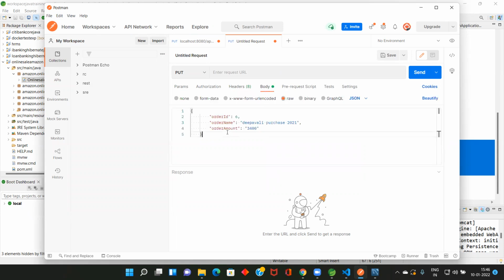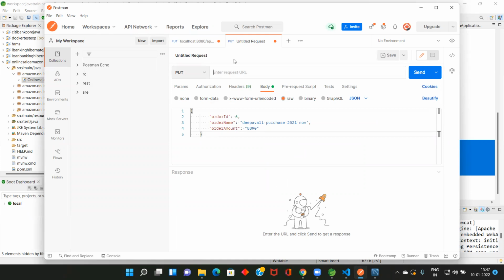So I am going to have here for order 6, the amount I'm going to change is 5690 and Diwali purchase 2021 November. This is the one I want to change, order ID. So now the URL, what is the URL?